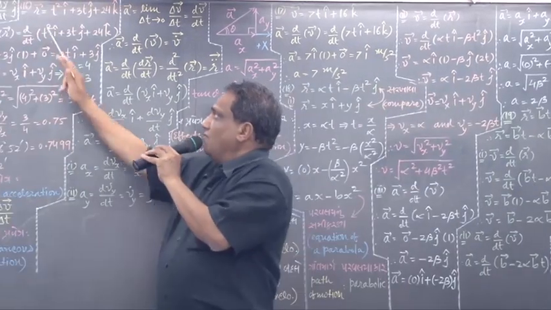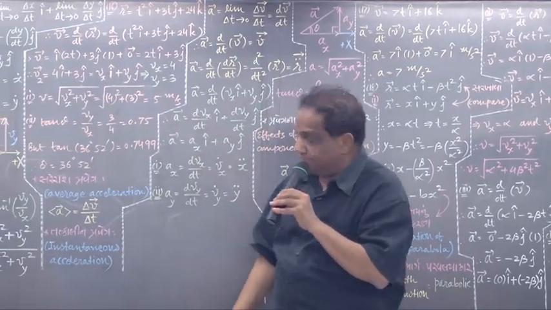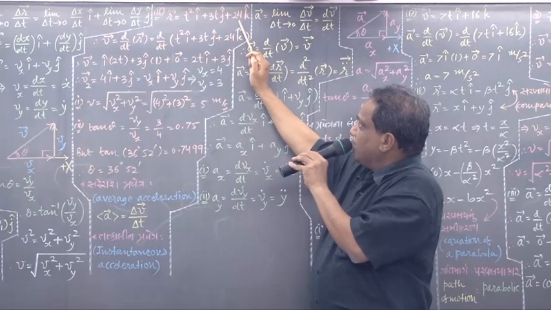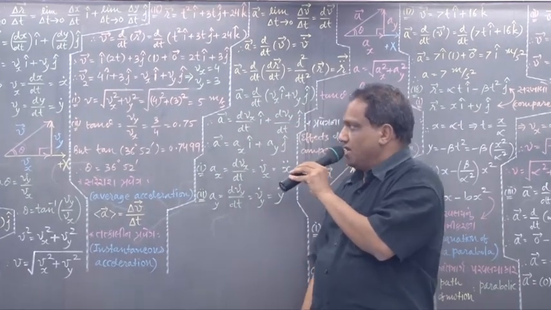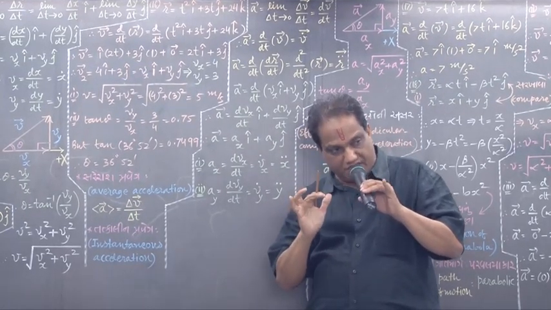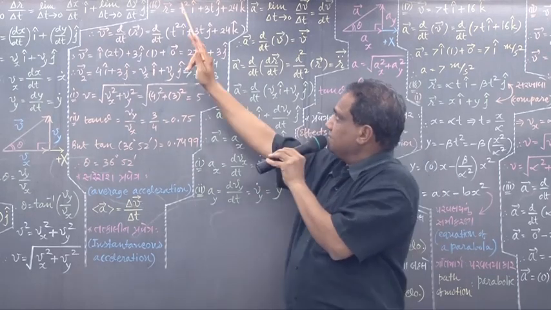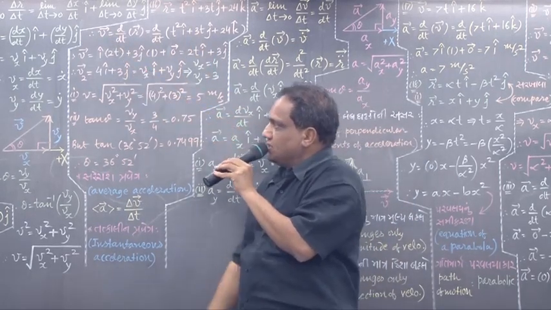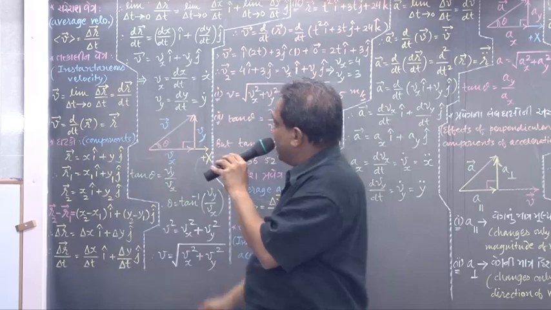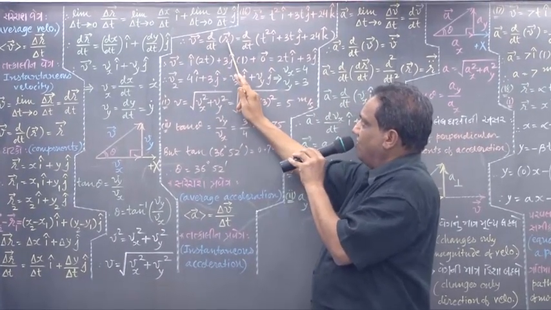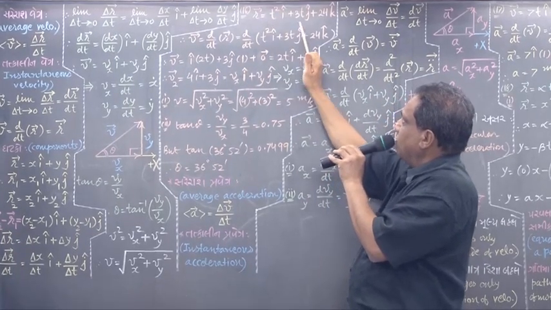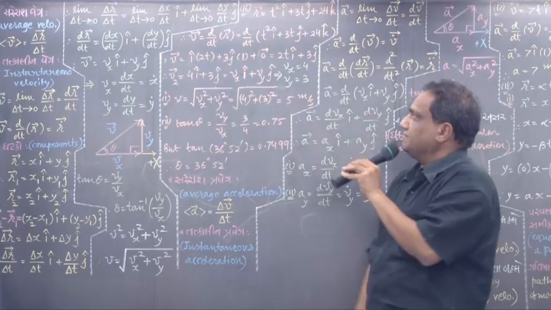Look, the vector r formula they have given is t square i hat plus 3t j hat plus 24 k hat. What have they asked? To find out the direction and magnitude of velocity. Let us find out. First of all, I want velocity. So, what is vector v? It is d by dt of vector r. Vector r formula, same formula written here, no change whatsoever.